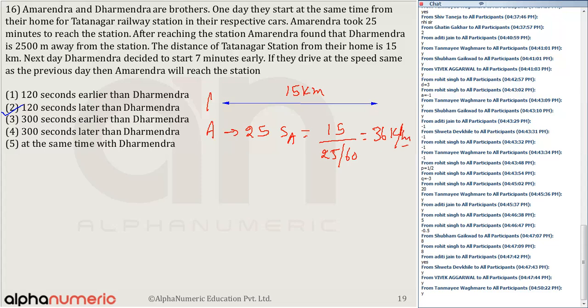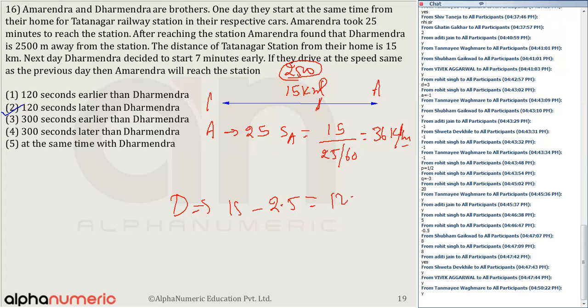ठीक है, 15 by 25 into 60 is 36 kilometer per hour. Now the moment Amrendra A reaches here, D is 2500 meter behind. ठीक है ना, D is 2500 meter behind. 2500 मीटर पीछे होता है. तो basically D has covered only 15 minus 2.5, which